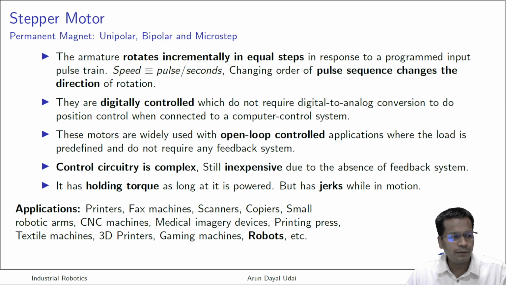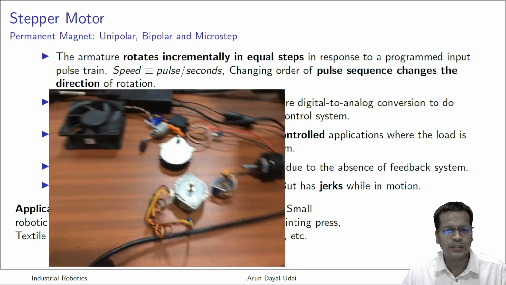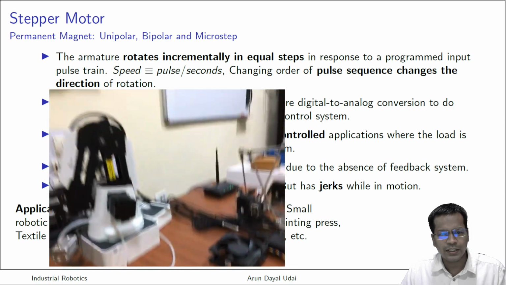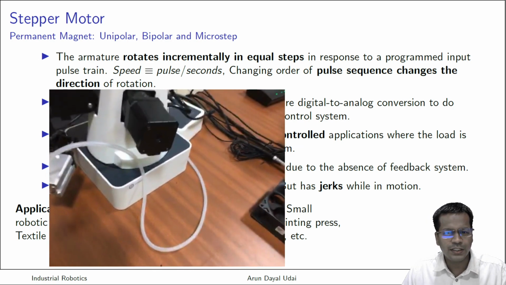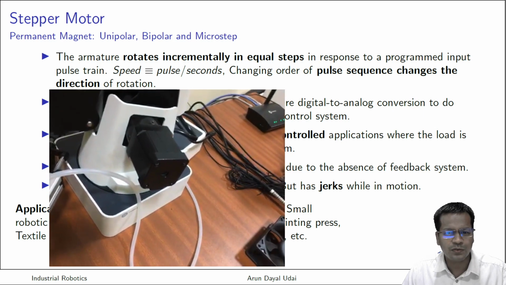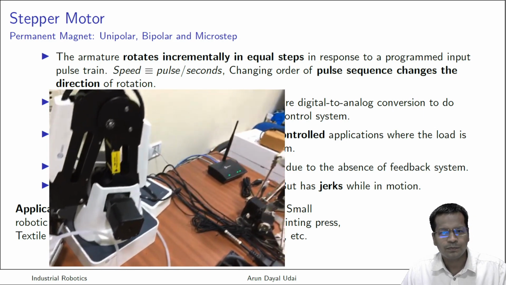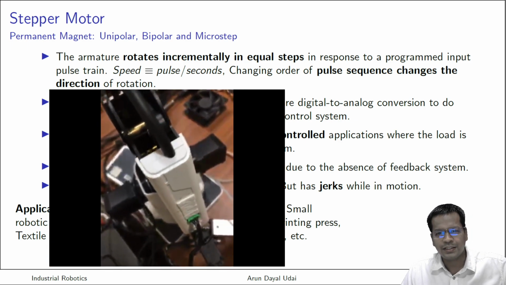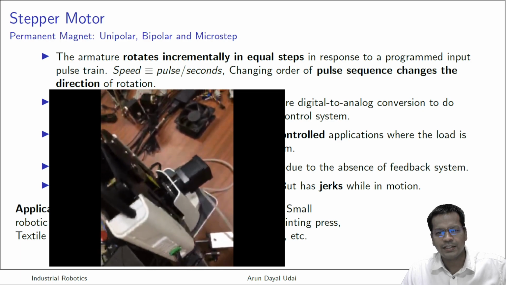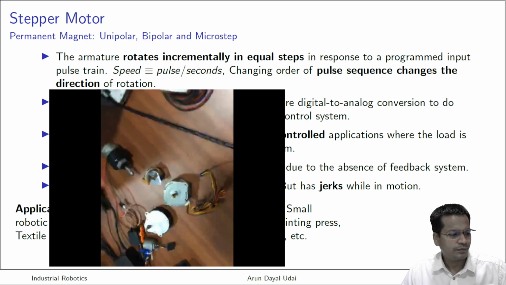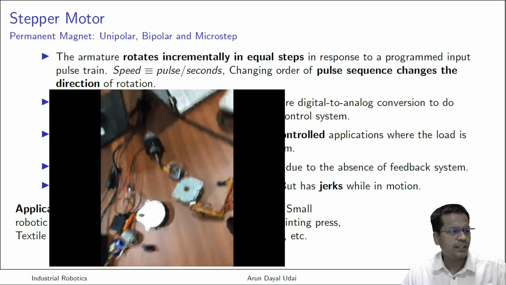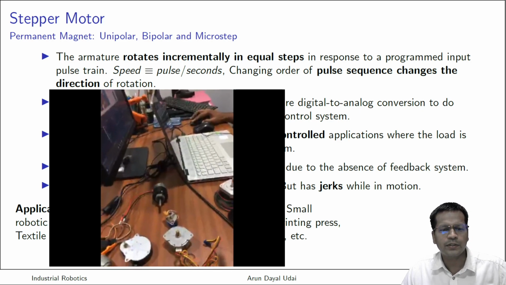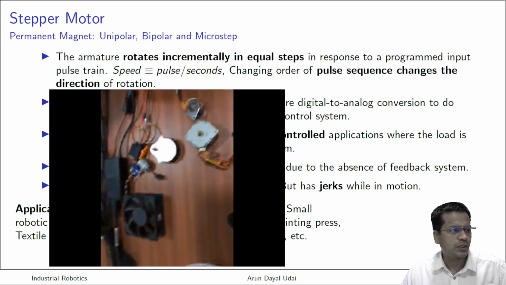Smaller robotic arms are another application. I have shown you earlier one of the robotic arms which is sitting next to me. I'll show you once again. This is a robot which, as you see, is fitted with a stepper motor. It has a different stepper motor over here and even at the other side of it. So you see it has stepper motors. Got it? So this is a very good application where you see stepper motors.